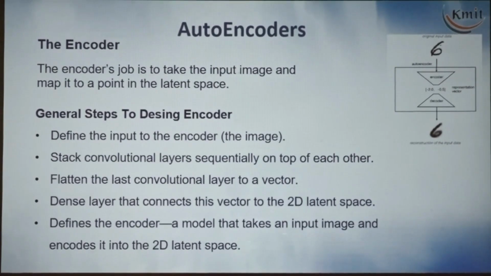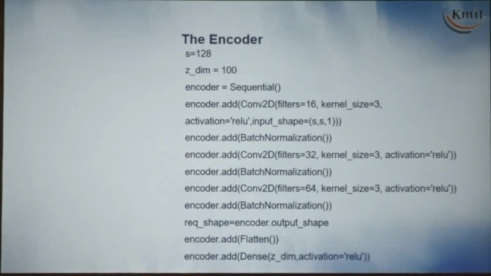It is just a one dimension array, that's it. That is also okay. But the best way is to add the dense layer. Dense layer means our regular artificial neural network layer, that you add, and then define the encoder. Now you have added one by one all the layers to the sequential model. Then you have to develop one model, a complete model for the encoder. Then you have to go for the next step. Yeah, how we can develop, see this.